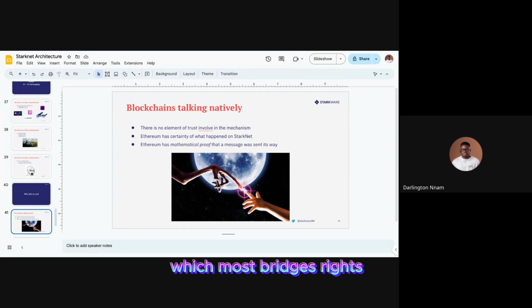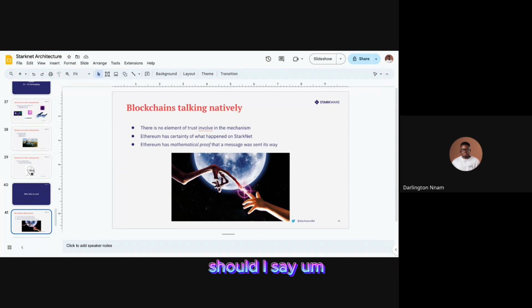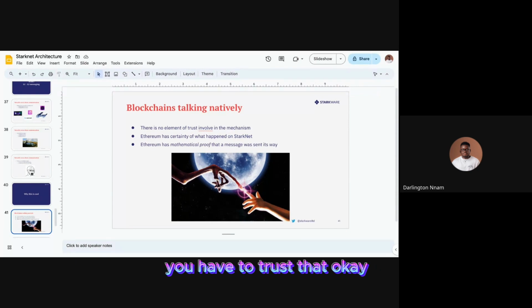Most bridges, in my opinion, act as, should I say, centralized multi-sigs, because more or less there's always going to be that element of trust involved. You basically have to trust the bridging mechanism you're using. Secondly,